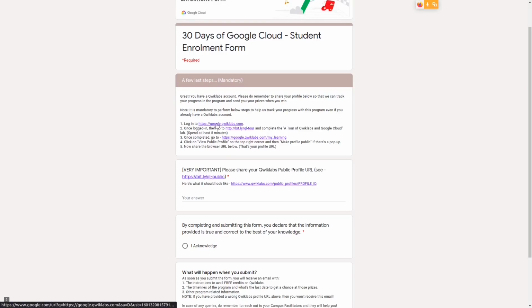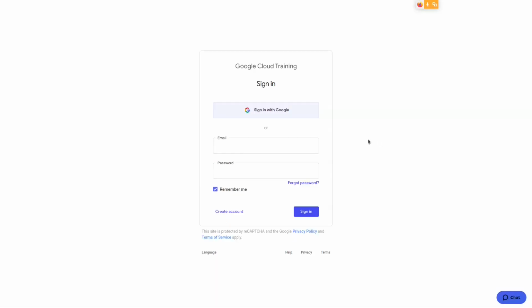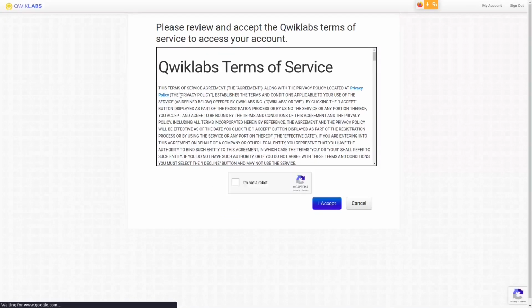So you need to log into the Quick Labs platform. I'll sign in with Google. Always remember, you must always use the same email that you provided in the form. Accept the terms of service.